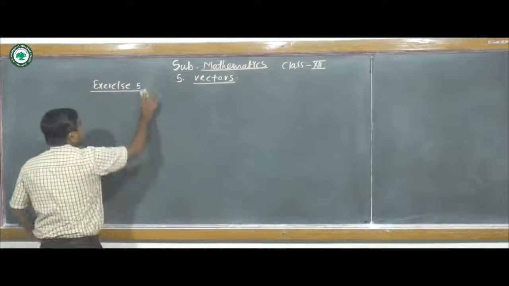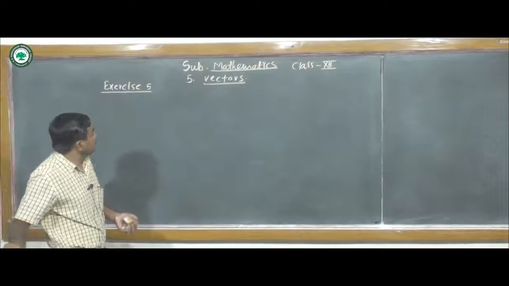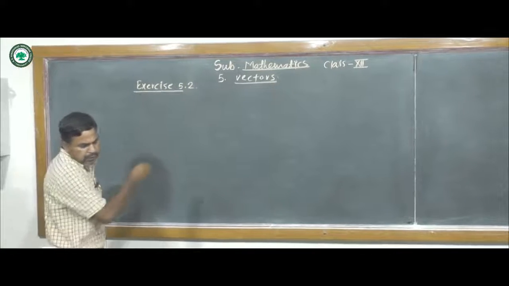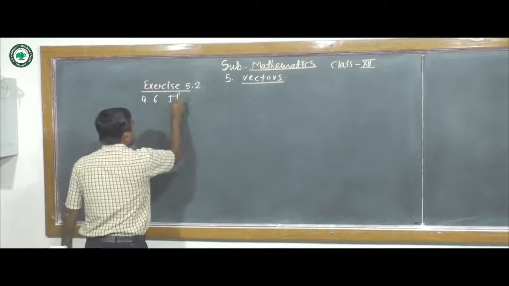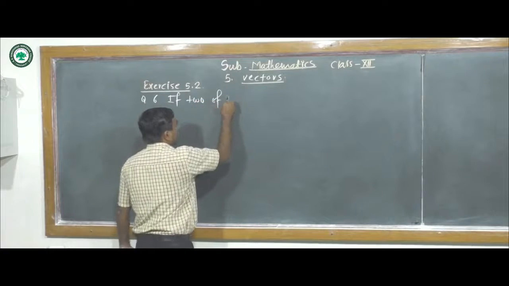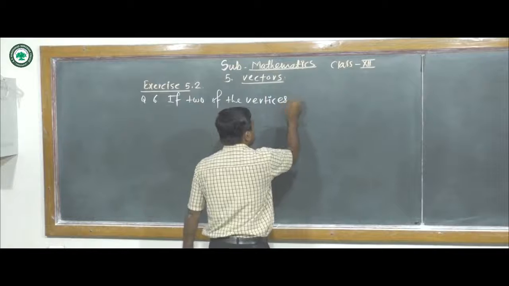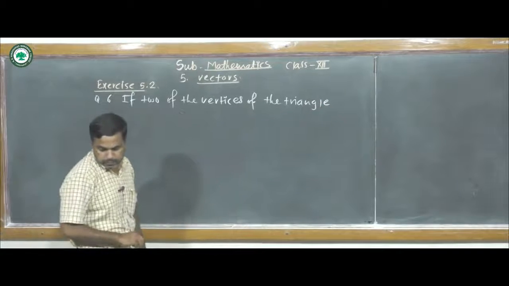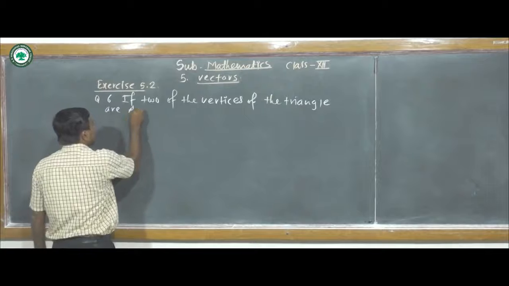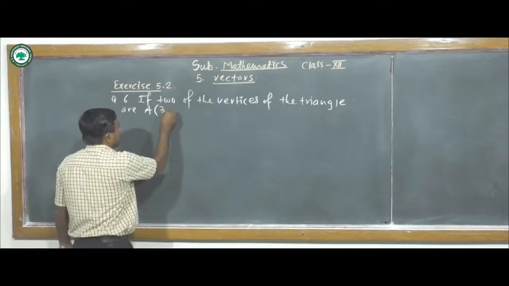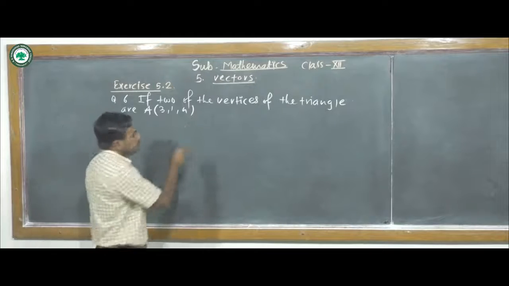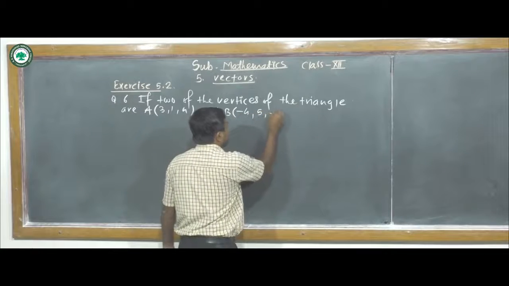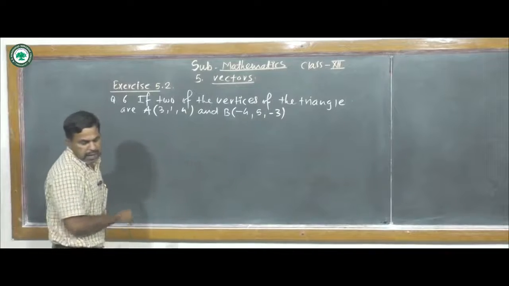See question number 6, exercise 5.2. If two of the vertices of the triangle are A (3, 1, 4) and B (-4, 5, -3),